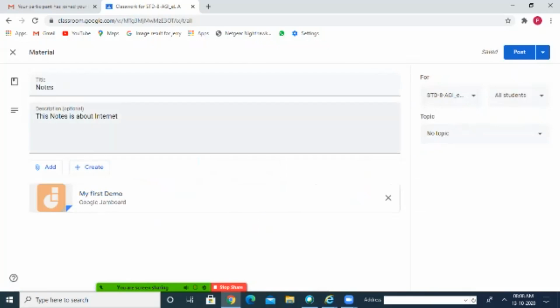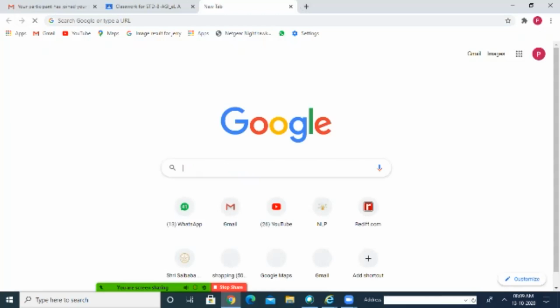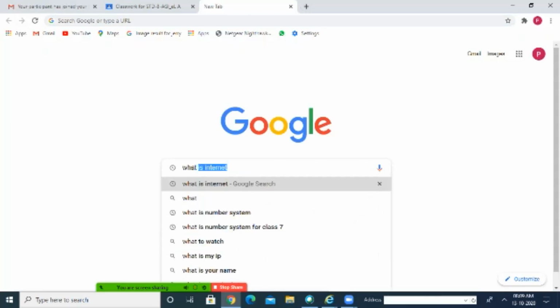Okay. Now we will see another way through which I can upload a material to my class. I am clicking on the link. In link, we can give the web link. So how will I do that? I am opening another tab here. Here I am typing what is internet,